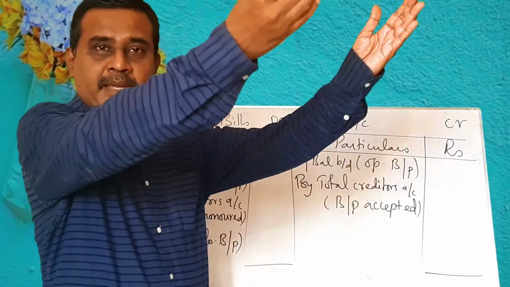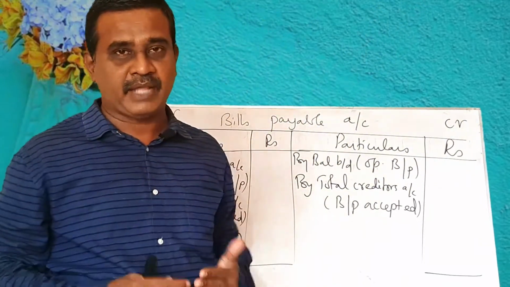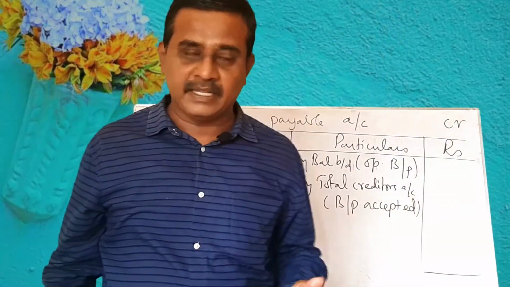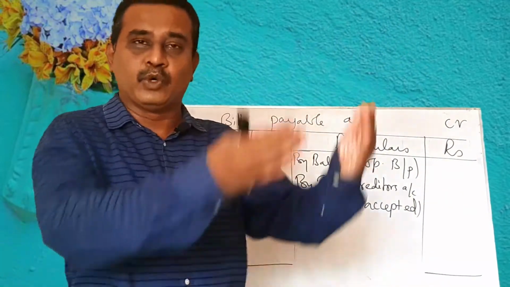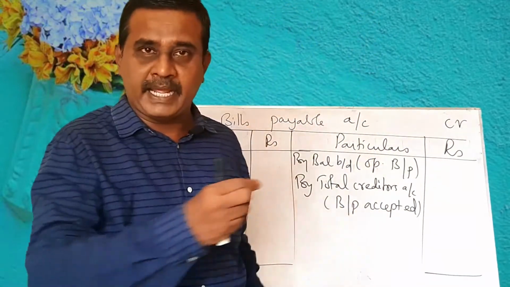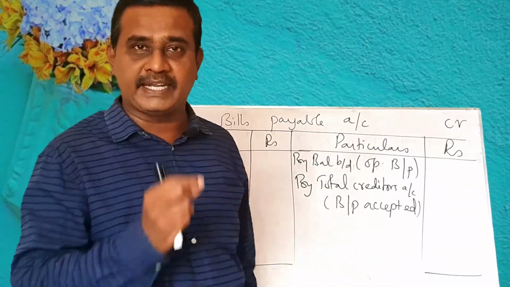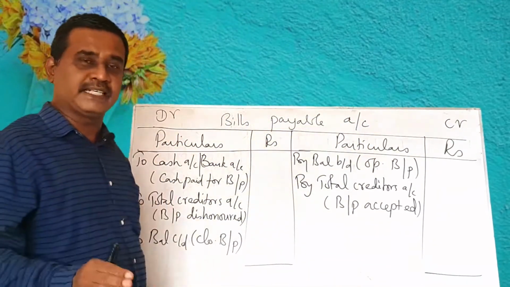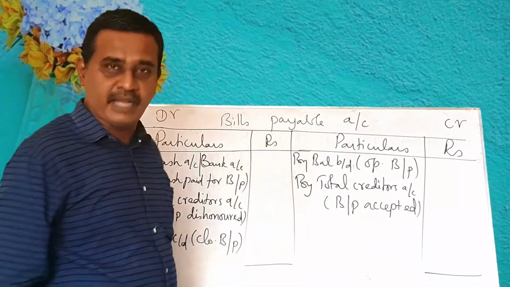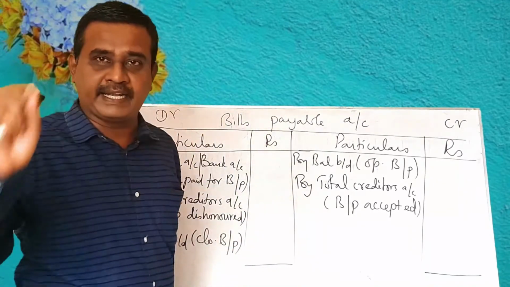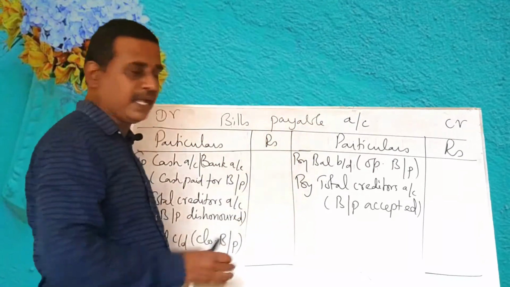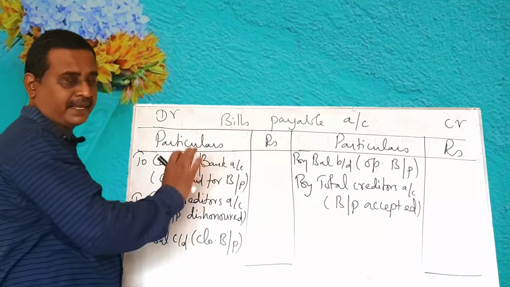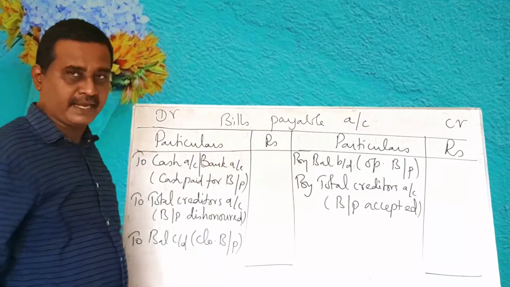Why? Bills payable come into the business and cash goes out of the business. So debit what comes in, bills payable will come in. Those promissory notes will come in by the name bills payable. Bills payable account debit to cash. Cash goes out. So I am going to post this entry in the bills payable account. Bills payable account debit. I take bills payable account. I have come to the debit side. In the particulars column, I write to cash or bank. When checks are issued, we have to write bank account.